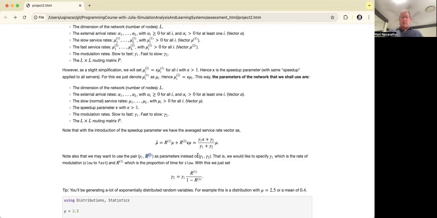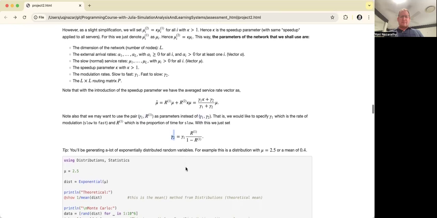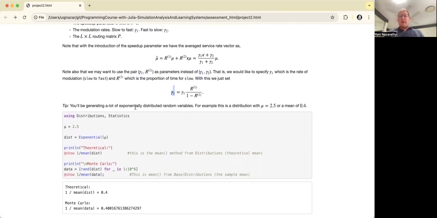Okay, so you might do that instead of gamma 1, gamma 2. In this case, you specify these numbers and you set gamma 2 to be gamma 1 times R1 divided by 1 minus R1. You can just solve for it from the equations above. Okay. Just another tip. Since all random variables are exponential, just be aware this is how you can generate an